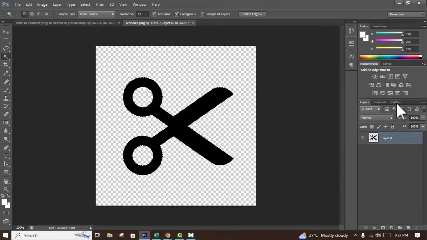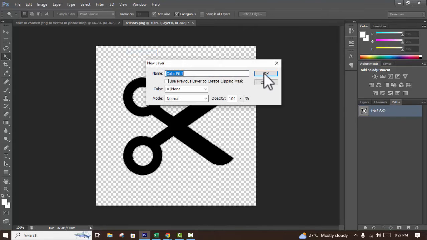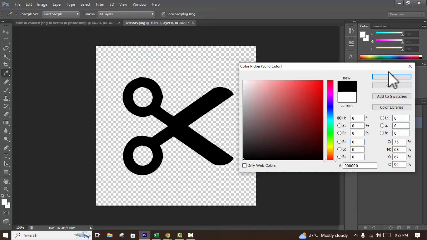Select, click Path, and create work path from selection. Click here. Then go to the Layer tab, New Layer, Fill Layer, Solid Color. Click OK. Then select your color